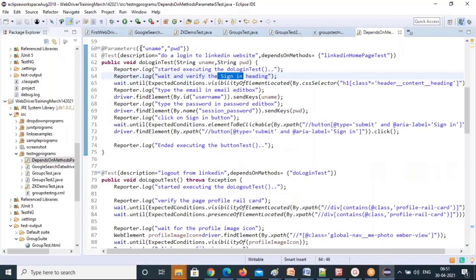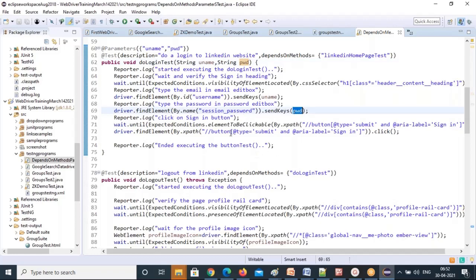Then see, the parameters, whatever you have taken here, the same parameters I'm taking inside the method name parentheses, after the method name, the parameter name. And for sendKeys you have to write the parameter name only, because these values are going to come from the XML file.